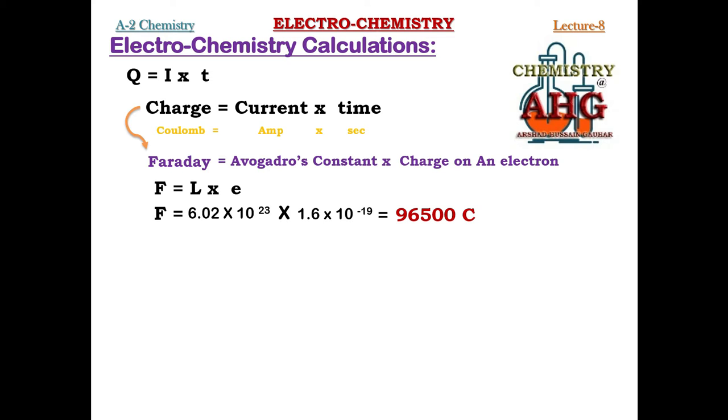So this is the numerical value that you will have to remember, but it is also available in your data booklet in your final exams. So if you don't want to remember this value, it's not a problem, but generally speaking you must know 1 Faraday, it is equal to how much charge in terms of coulombs. So 1 Faraday, it is a bigger unit of charge, it is equal to 96,500 coulombs.